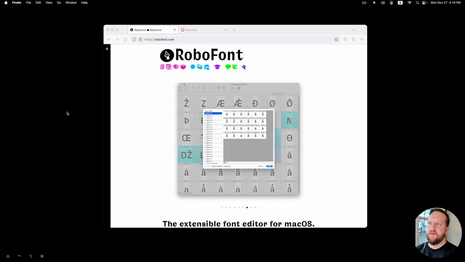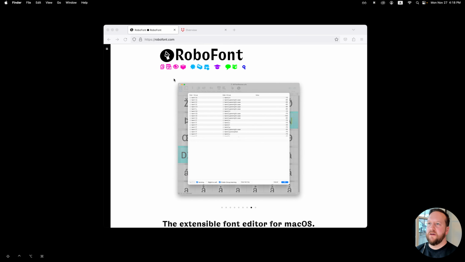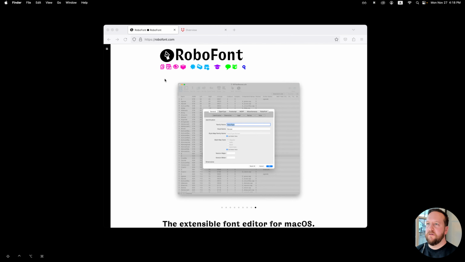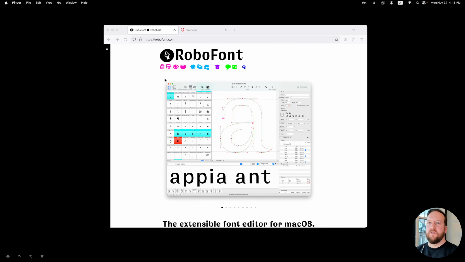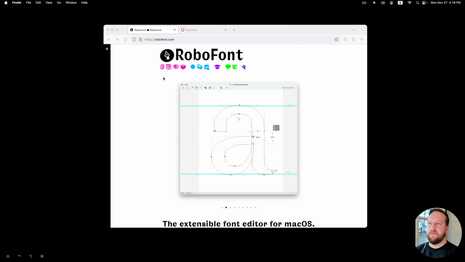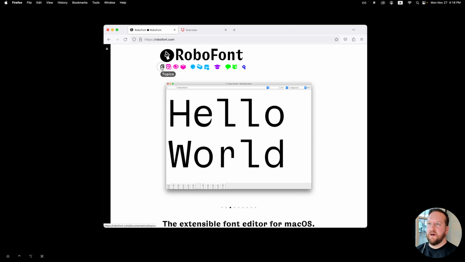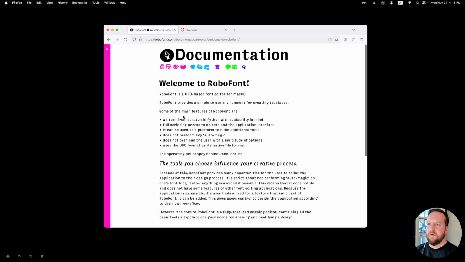Hey guys, here I am on the RoboFont website, and I just wanted to talk a little bit about how RoboFont sees itself in the type design process. So if you click on topics here and go down to Welcome to RoboFont, you'll find that it puts all of its design principles out, and the first one right up front is that RoboFont is a UFO-based font